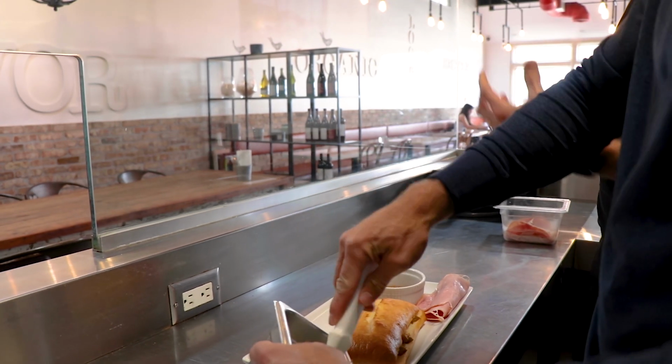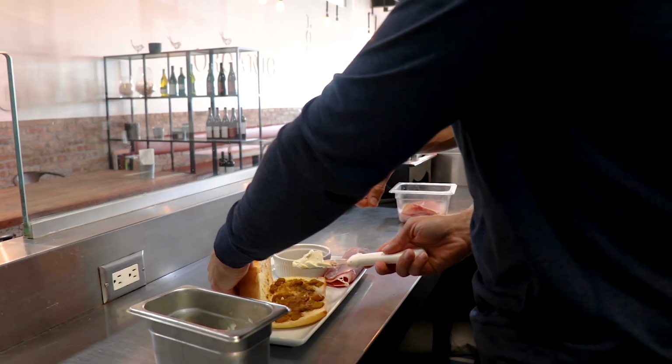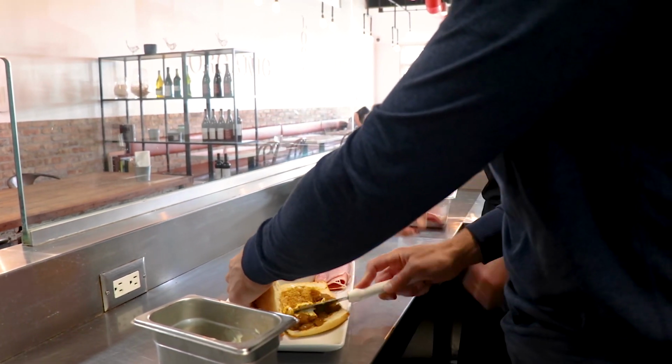So the cream cheese kind of calms down the spice from the curry apple chutney. I go up top? No, you go right on top. Kind of make it into one thing. Let them